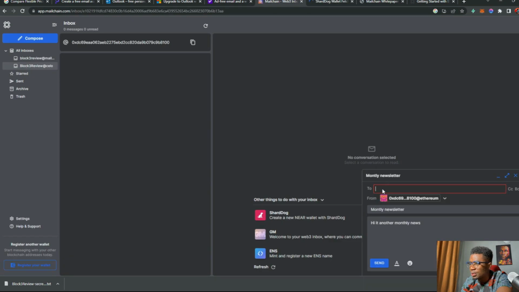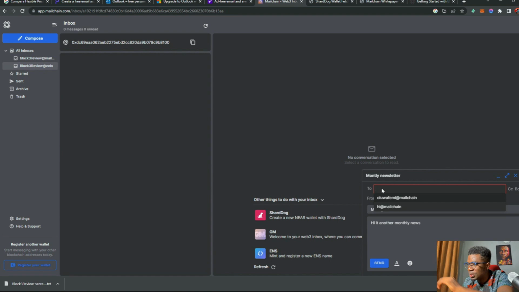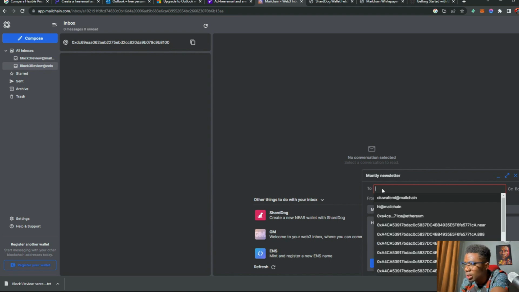So I'll paste this there. Can you see? The moment I paste it, it doesn't display the stuff directly. So I either have to add something behind it, or if I click this is a near domain or